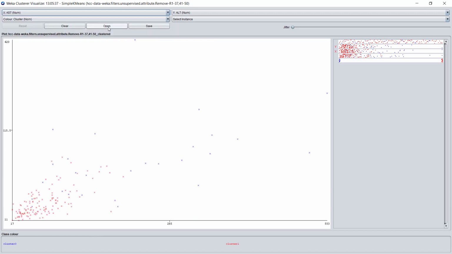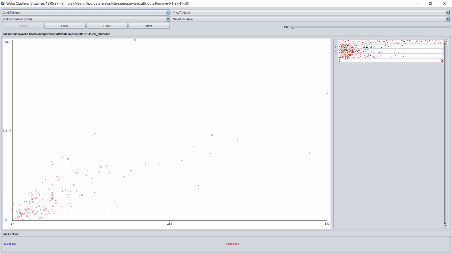So now this chart plots AST versus ALT and differentiates between the 2 clusters by color: blue to cluster 0 and red to cluster 1. Already we can see here that clustering was made in a nice way. Most of the records with low values for AST and ALT belong to cluster 1, while records with higher values belong to cluster 0. We can play a bit with the axis.